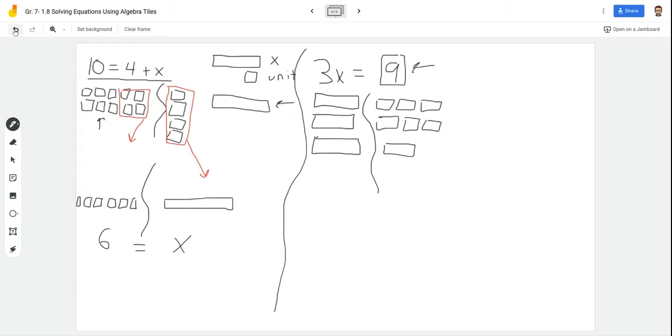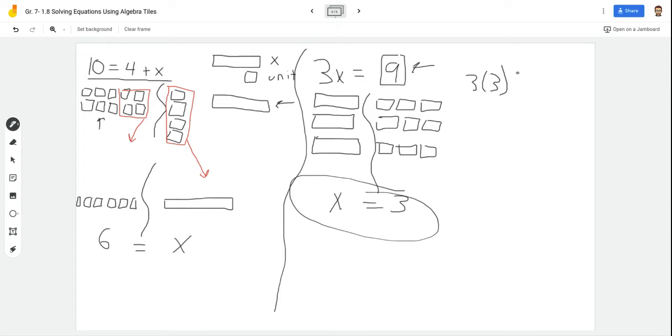Whoops, that's a pretty bad one right there. So I have them in 3 groups, and then I can say that 1 X tile group is equal to 3. All right, so then I can of course go back and verify this picture right here and just substitute the 3 in there, and just make sure that both sides of my equal sign equal 9,